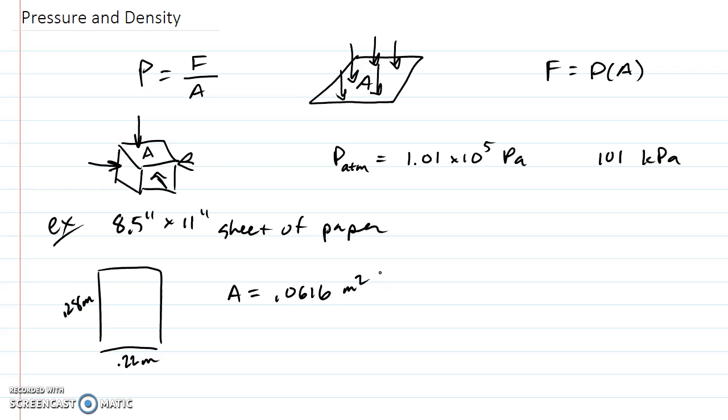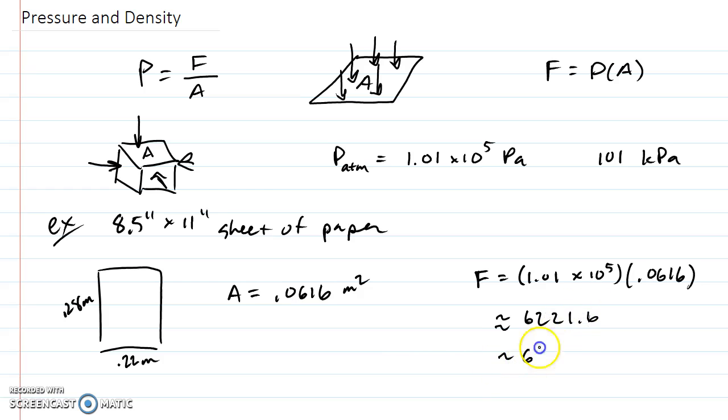Now, to actually figure out the force that is going on here with this sheet of paper, I'm going to use this top equation because I have pressure and I have the area. So the pressure is 1.01 times 10 to the 5th, and the area is 0.0616. Now I go to my calculator. When I crunch the numbers here, I get 6221.6, which, let's say that it's going to be 6200, because we have two sig figs,